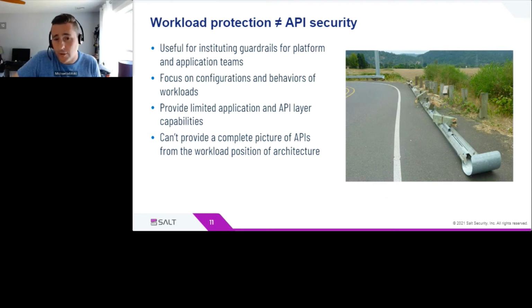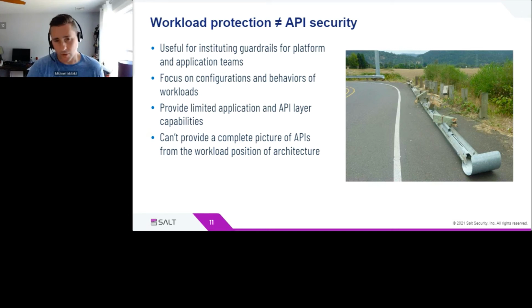And they're very useful for instituting guardrails, right? So don't allow anybody to spin up a container that doesn't follow predefined hardened standards. Unfortunately, the standards are usually based on common misconfigurations. Maybe it's vulnerable runtimes, looking for CVE identifiers, so known vulnerabilities in published code. That's only one small piece of the puzzle, right? And it's really just infrastructure. Most CWPPs provide very limited app layer capabilities. If they do, it might be a containerized WAF. It's usually something like mod security, but it's only going to give you the context from that container view,